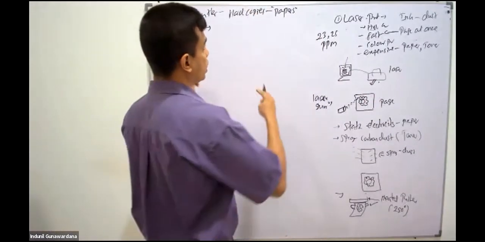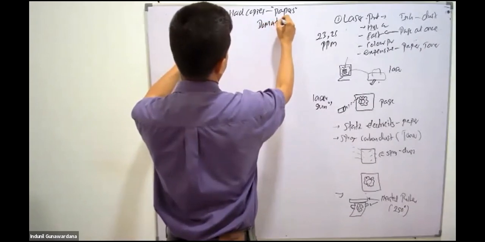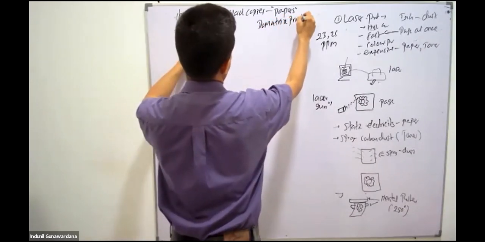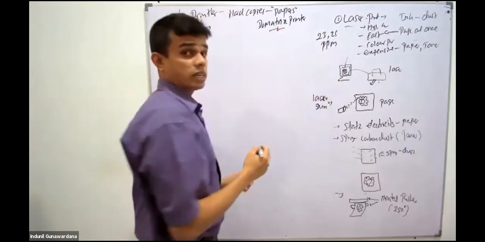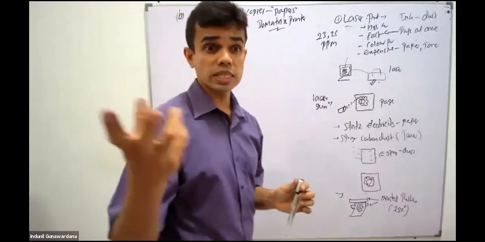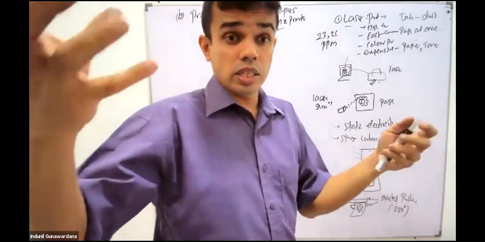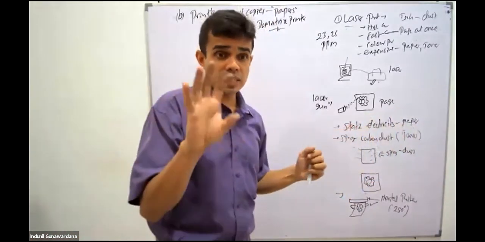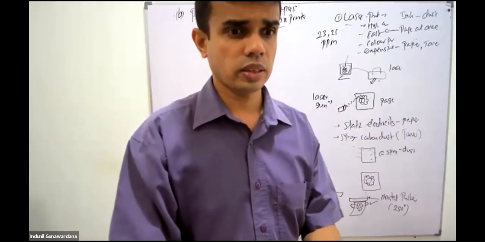Okay, now we go to another printer, called the dot matrix printer. This is the printer which is mostly found at our sales counters. When you go to Food City or wherever, the POS system has that small printer. You have seen that even in my slide. I think I included that.